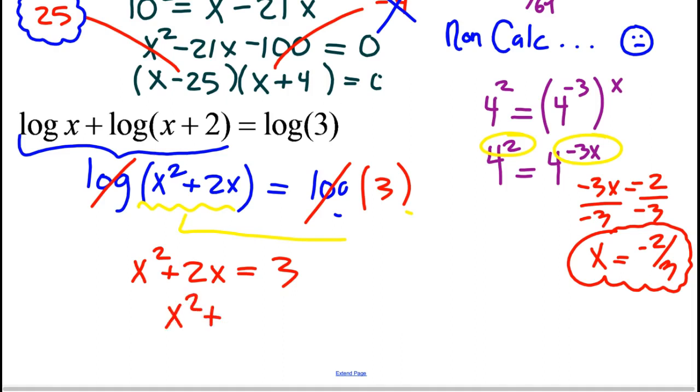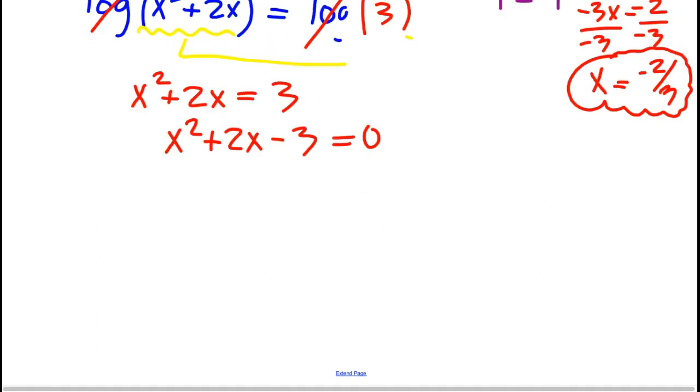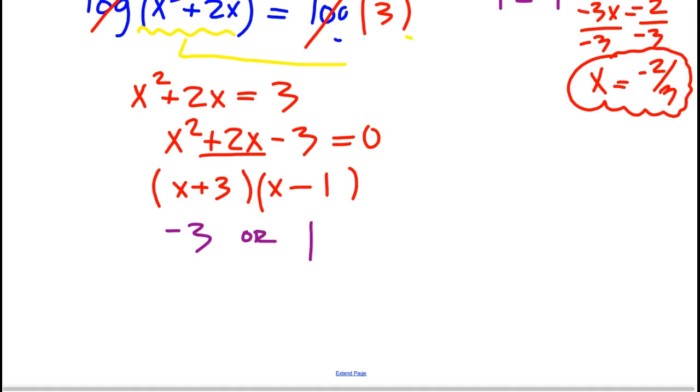This is a happy little quadratic equation. It's going to factor it up. Bada bing, x and x. Factors of 3. Let me think real hard about this. Oh, factors of 3. Oh, 3 and 1. They're the only ones. All right, so 3 and 1, that's going to be a plus 3 because I want more positive to make the middle 2, and a minus 1. And so my two potential solutions are negative 3 or 1, but you can't forget to check for